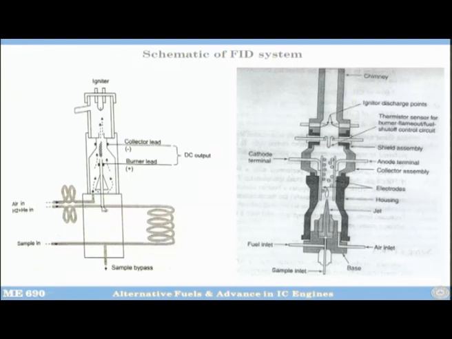Through some fuel it is coming here in this burner, and here you are putting the sample. This is sample bypass, some sample with a prefixed flow rate, it goes through this coil and it mixes with the fuel. Okay. Now this sample and fuel mixture goes in, and then here you are putting the air in. This air is going up. Fuel goes in from this side, air comes from outside, and then here you have a mixture of fuel and air, and then you have some kind of an igniter.